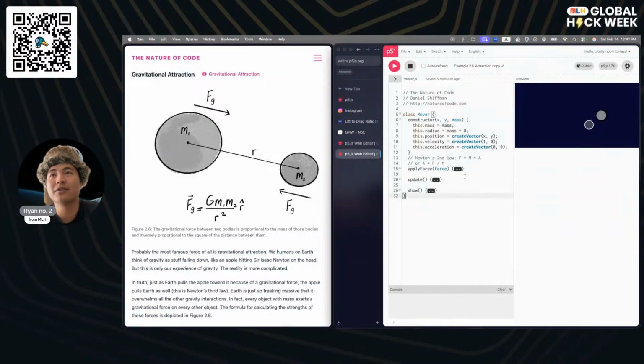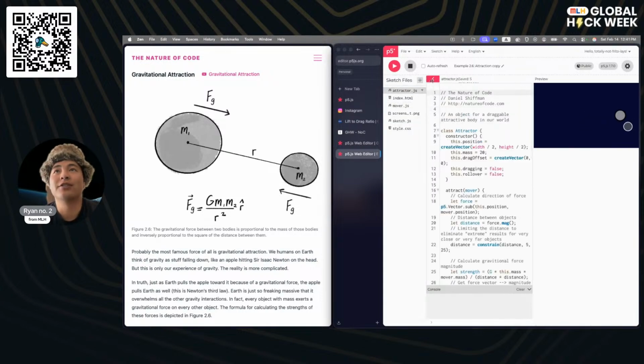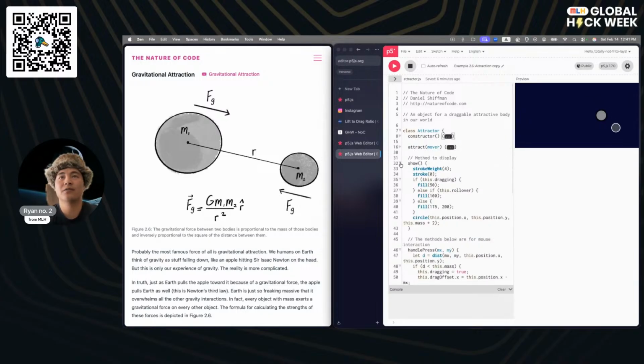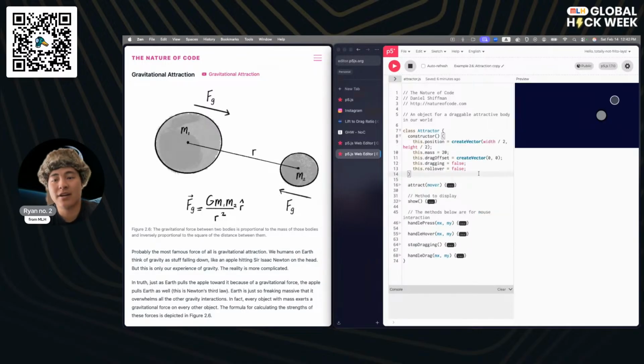Okay, let's pop back over here and let's actually start taking a look into the attractor function, or the attractor file. All right, so we've got a lot of code over here. Let's just take it one step at a time. So we've got an attractor. This attractor has a few values. It's got position. That makes sense. It needs to exist in the world. It's got mass.